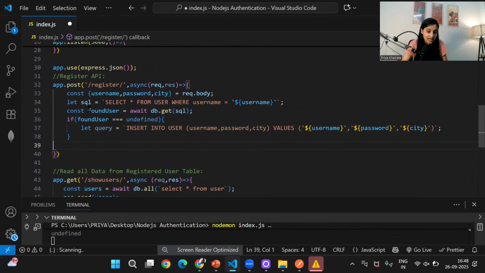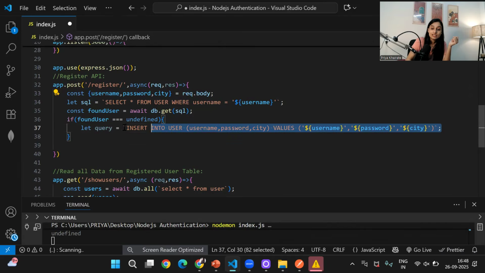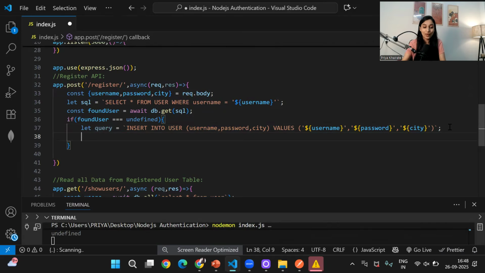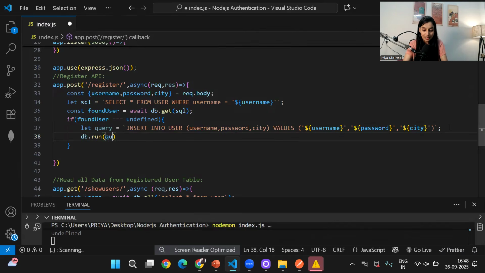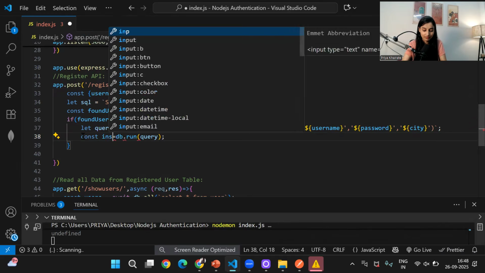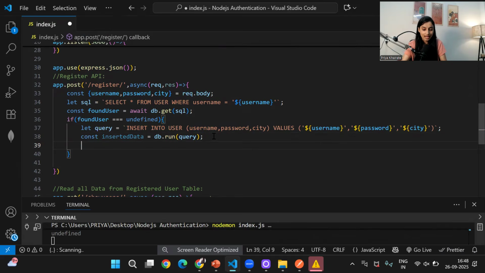So if a user with that username is not present, if foundUser is undefined, meaning there is no user found in the database with this username, then execute this query and insert whatever details the user has used to register into my user table. So this query now we have to execute against this DB. I will use the run method and pass this query variable over here. Once it inserts the data, I'll declare one variable, insertedData, like this. And as a response, I'm going to send one message like this,